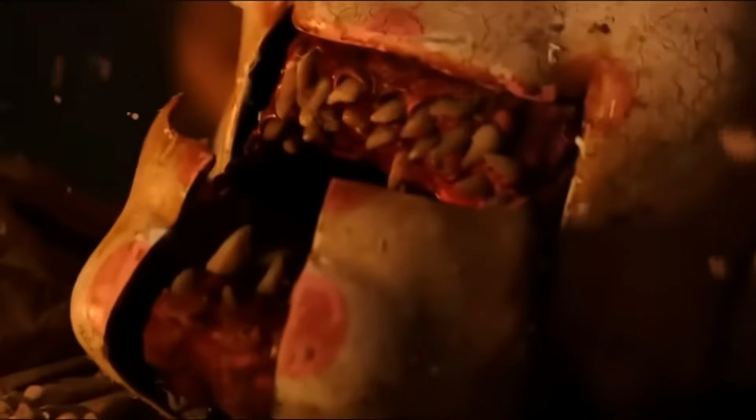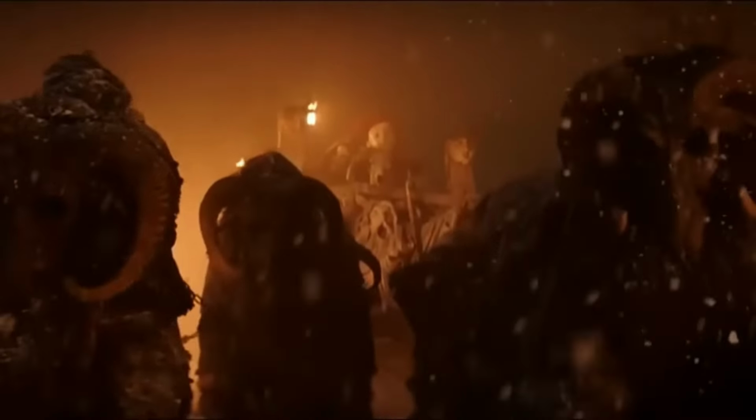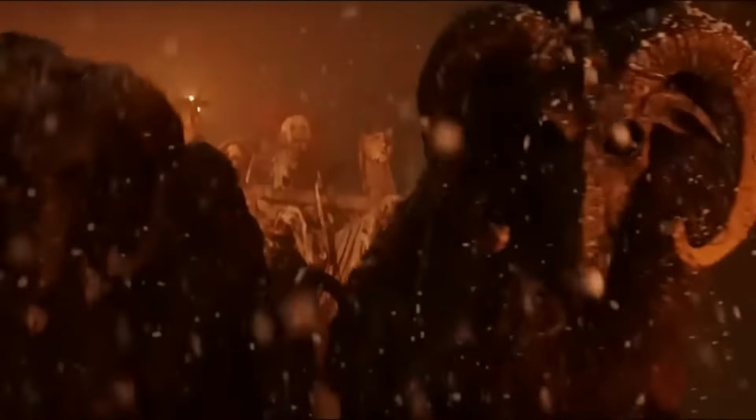This is the last time we see Klown, along with the evil elves and Krampus, when a portal to hell is opened, and they prepare to return to their domain. At this moment, Klown is seen celebrating in a macabre manner. Finally, at the end of the movie, in the scene before the credits, we see Klown appear alongside the other killer toys and Krampus's helpers. This is where Klown's story concludes, showing that, in the end, he survived and remains the most dangerous and skilled